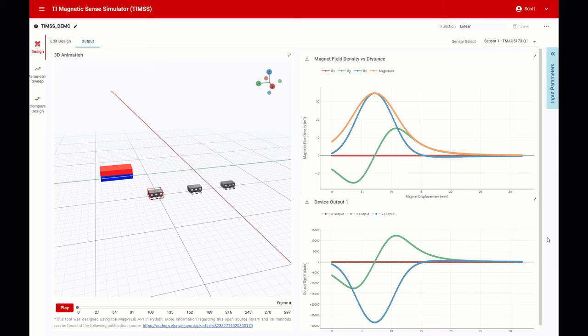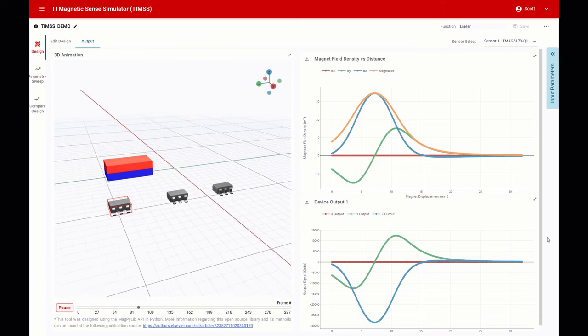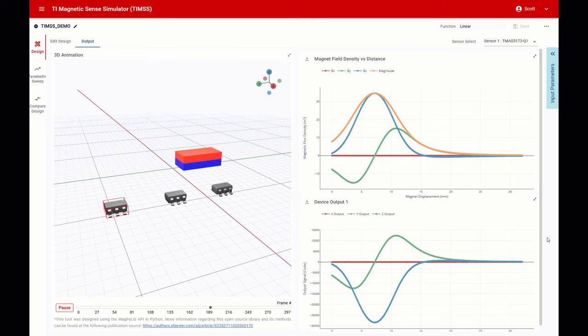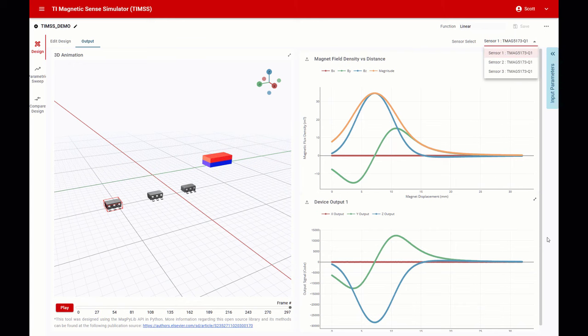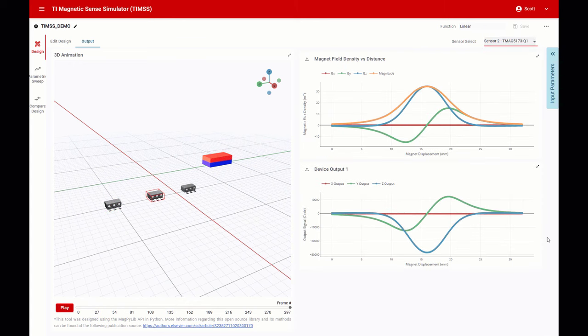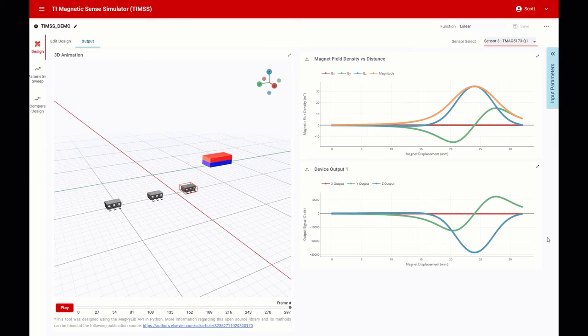Consider this case with the bar magnet in a slide-by configuration traveling above a set of 3D Hall effect sensors, in this case TMAG5173-Q1. In this simulation, we can see that we gather response data for each of the three sensors, and that as we step between the sensors, each device observes an identical magnetic field behavior offset from one another by the distance between each sensor. The goal of such a configuration is to match the output data of each sensor to the actual position of the magnet, but an angle calculation using this magnetic field data will be nonlinear, unless we take some steps to correct it.